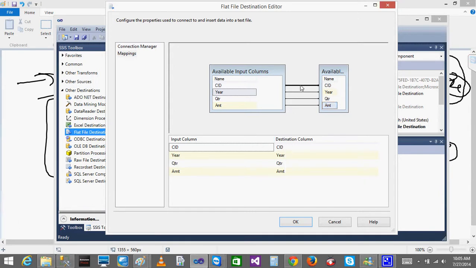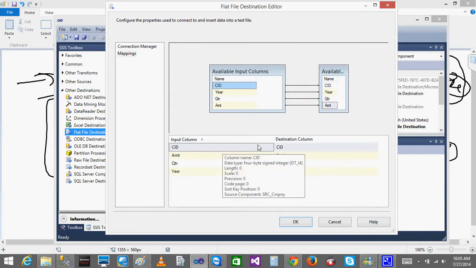Let's say the source column we are having has a different name. So instead of CID we got some different name. Sometimes they will not be mapped. You will be getting all the columns in the destination, but the input column will not be mapped, because if the column name is different, then it will not map. So we can map in 2 ways. Just click on this, drag it and drop it to CID. When I do this, automatically you can see here it is pointed. That is one way.